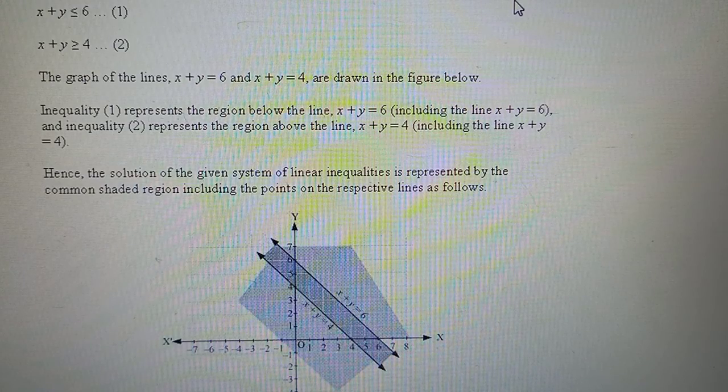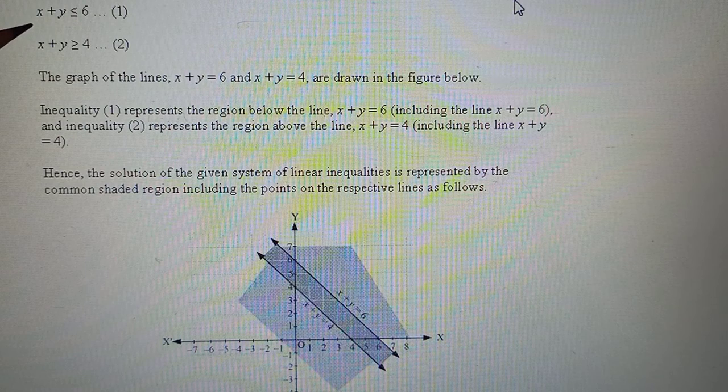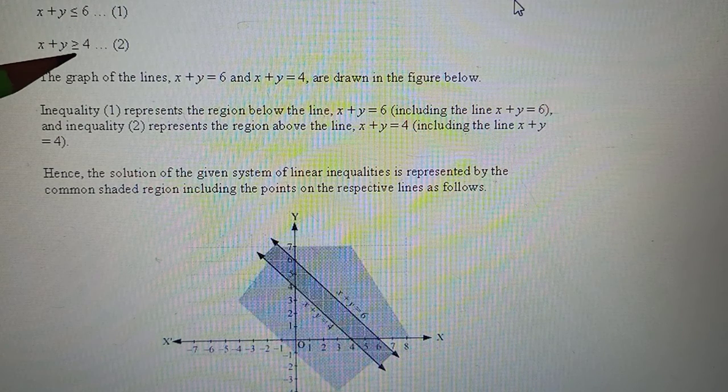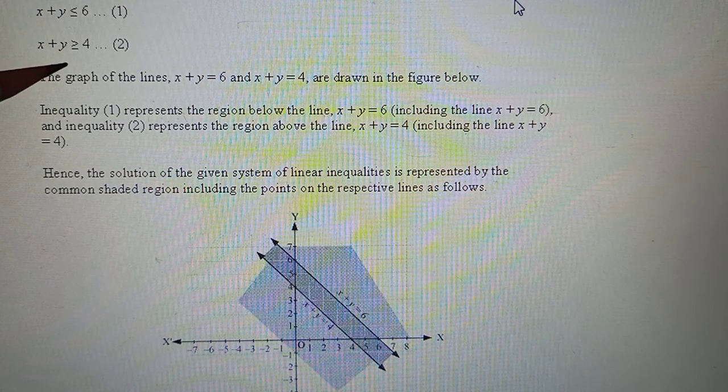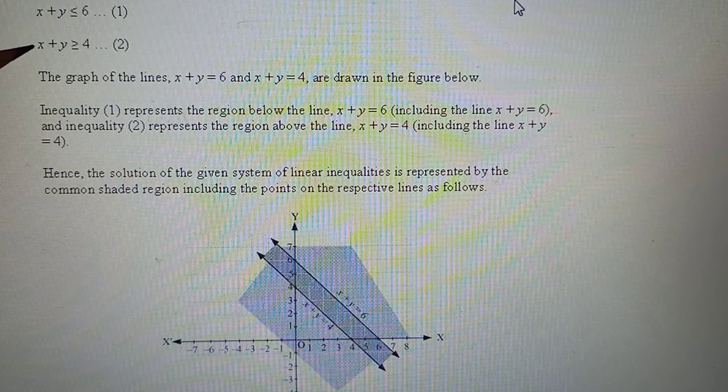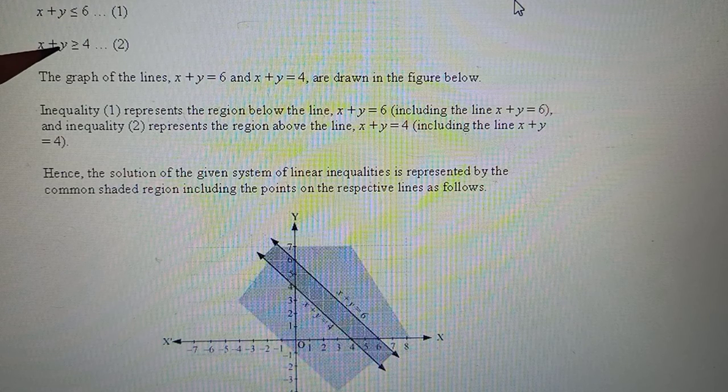Let us discuss few more questions of 6.3. This is the sixth one. The inequalities in question are x plus y is smaller than equal to 6 and x plus y is greater than equal to 4. Okay. So now if you look at the equation, यहीं से आपको थोड़ा idea आ जाएगा. Since your a1 upon a2 you can see is equal to b1 upon b2, so these will come out to be parallel lines.